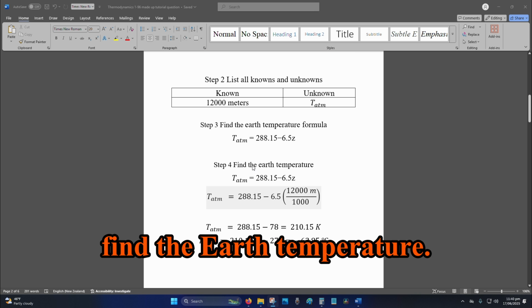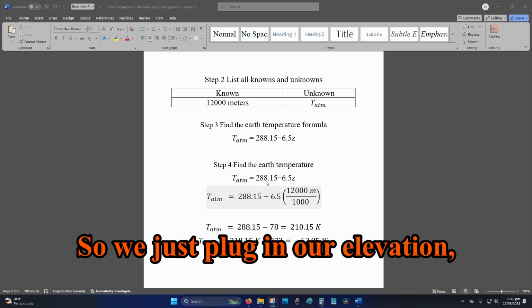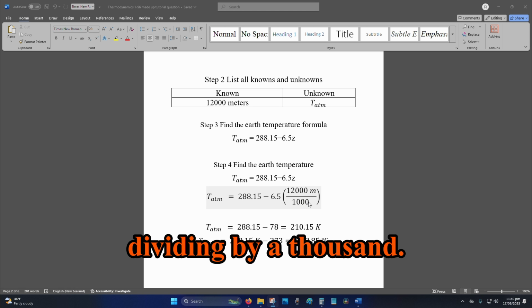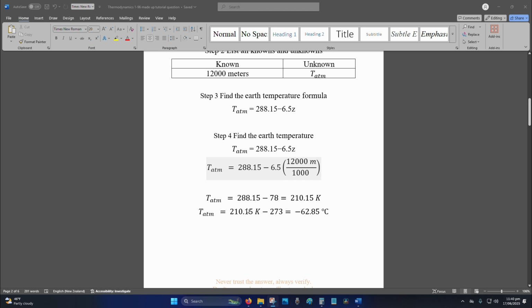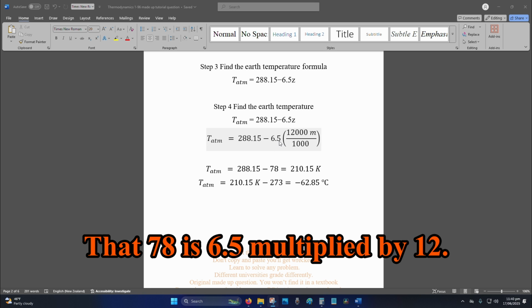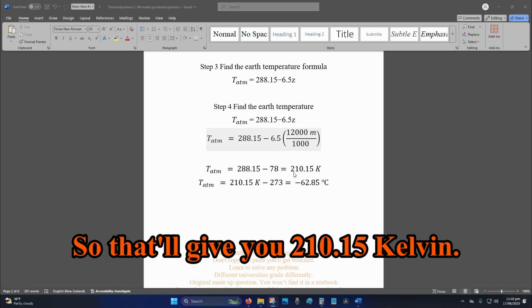Step 4, find the Earth temperature. So we just plug in our elevation, make sure we convert it to kilometers by dividing by 1,000. So 288.15 minus 78, that 78 is 6.5 multiplied by 12. So that'll give you